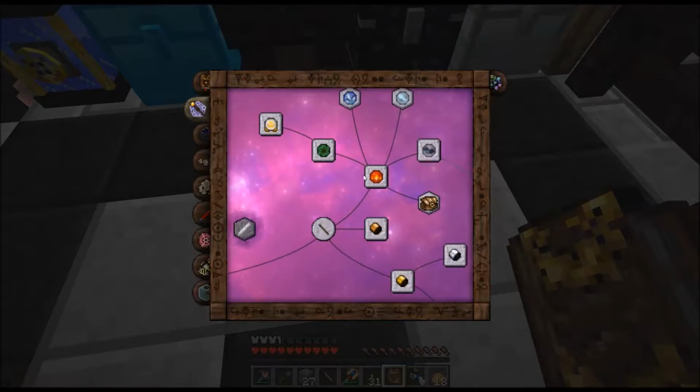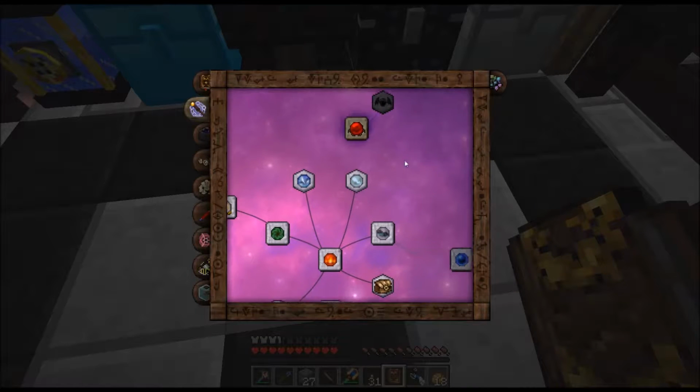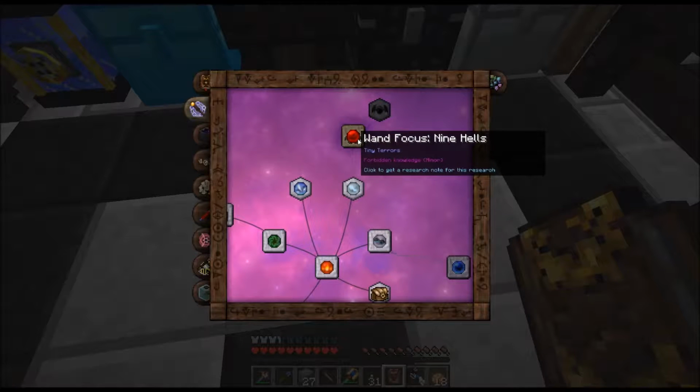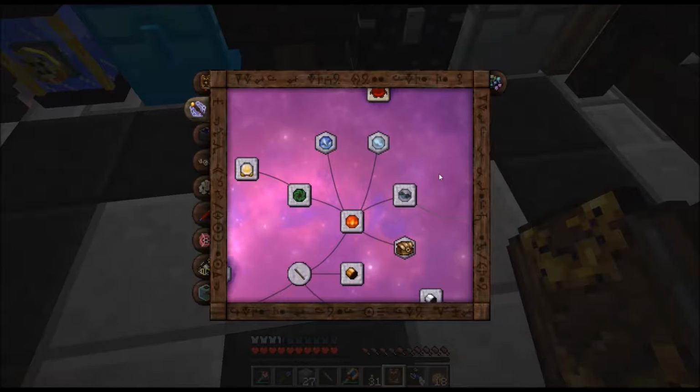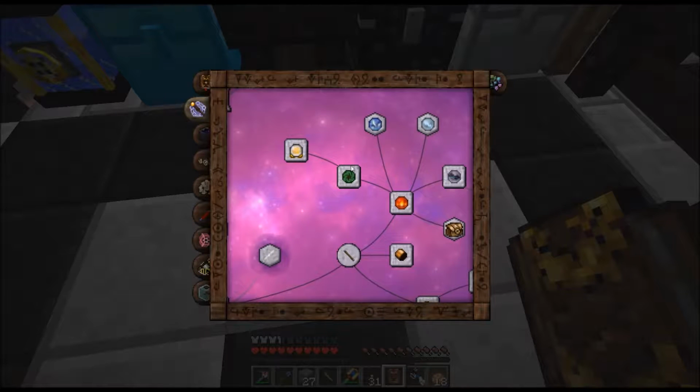Better than a bow. We can eventually learn the Nine Hells one. I can actually learn it right now, but it causes warp, and I'm just trying to avoid that. But that one shoots out these fiery bats, and that's pretty cool too. Maybe eventually. I haven't learned the portable hole. I will eventually. The excavation one I'm not going to bother with,